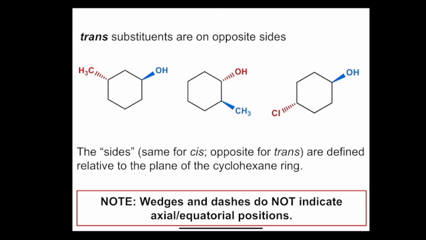It's a way of saying, for example, if I'm the methyl and I'm standing here, relative to me, the OH is on the opposite side of the ring. We are trans. It is a way of defining and talking about the relative position of any two groups in any structure, no matter how complicated it could get. So what I mean is,